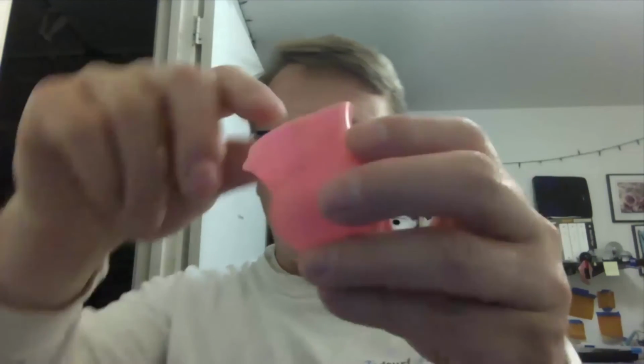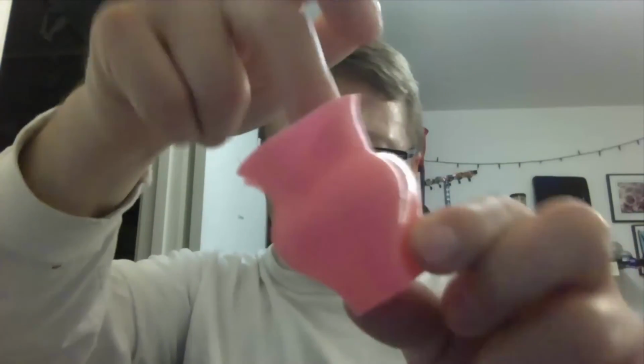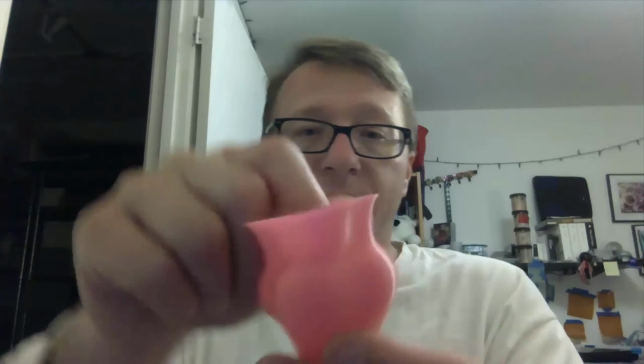Given the print time the same as the vase mode, this is the way to go. I gotta tell you, 3 perimeters, absolutely. It's much more solid. It's got the kind of construction you want. Doesn't quite have, you can see in the light here, it's got all the bumps, but you can't see through it as much. In fact, you can't really see through it at all, as it turns out. So if you're looking for that kind of translucent, as opposed to transparent or even opaque, maybe not the way to go. But for general sort of